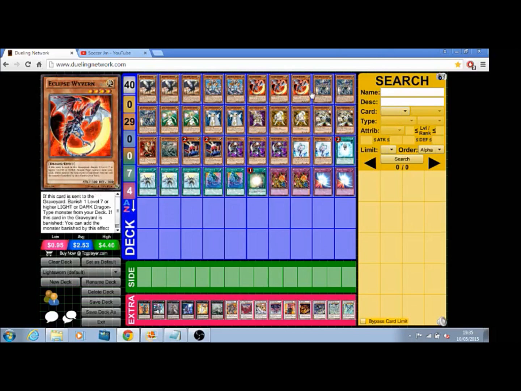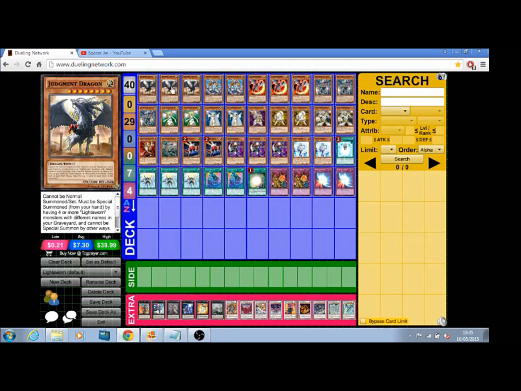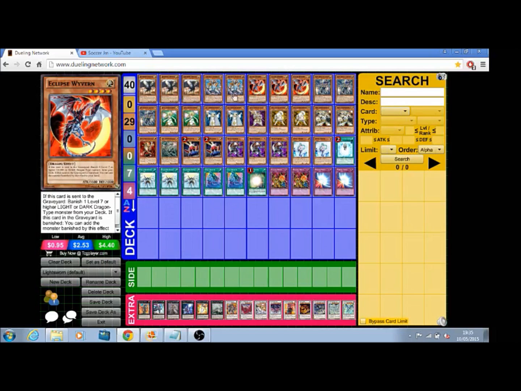So this, when it's sent to the graveyard by anything, you can basically get one of these, and you banish it, and then you use Soul Release to banish Wyvern, and then you can get that to your hand, and yeah, that's basically it. Right, so these